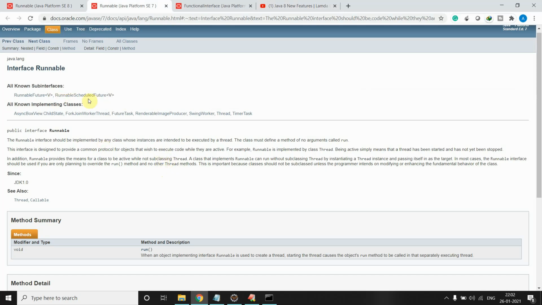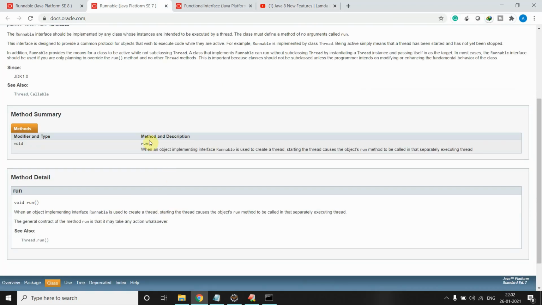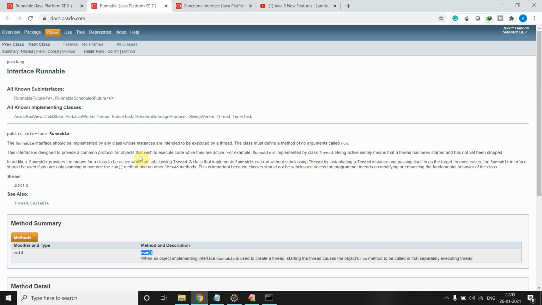We use this Runnable interface when we are working with multi-threading. We have only one run method, which the child thread is responsible for running. So this is a perfect example of a functional interface.